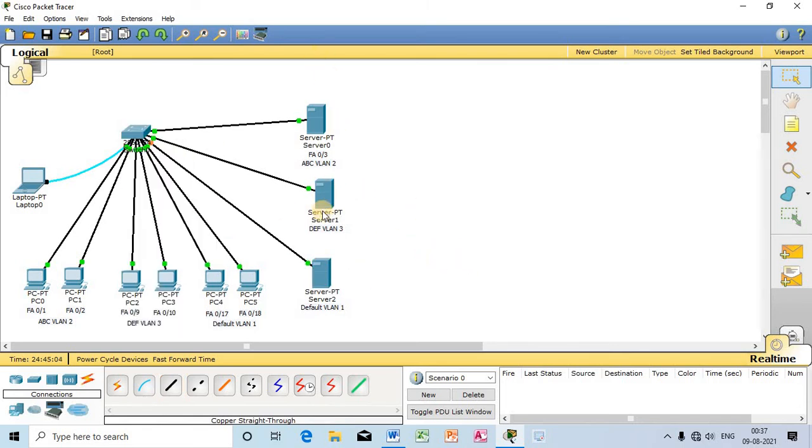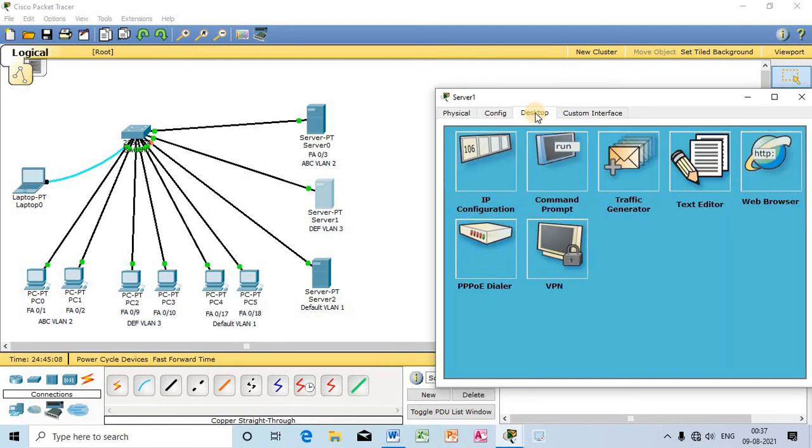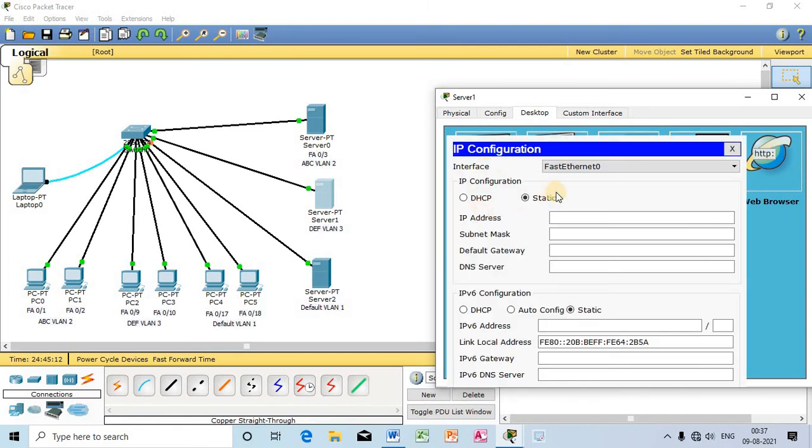Now let us provide the static IP here. I will provide a static IP over here, that will be 1.1.1.2.